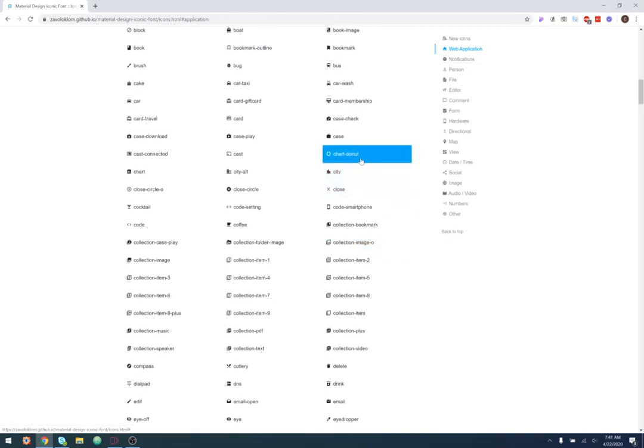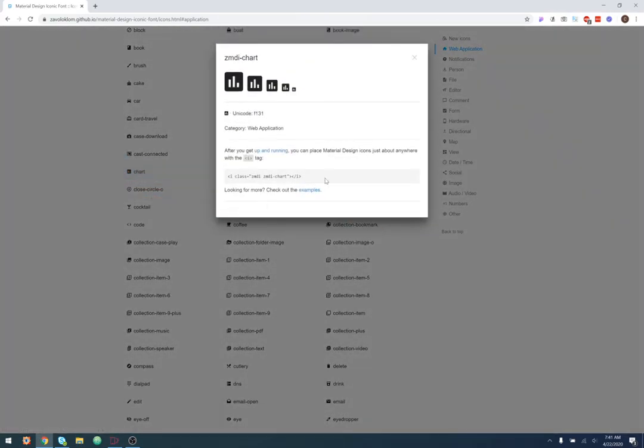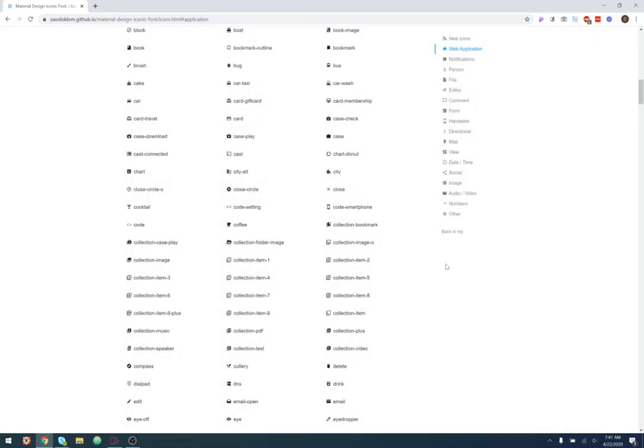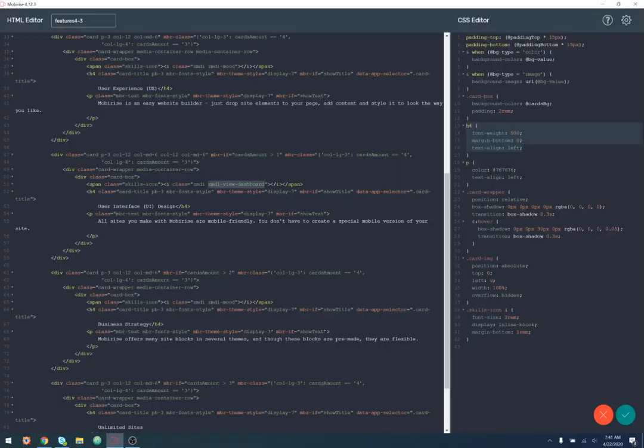So you could do that chart, which is a donut. Doesn't say very much, but this one here has a little bit more. So it's kind of a graph, businessy chart kind of thing, right? You're just trying to get the idea of what it's about. So I'm going to replace this last icon